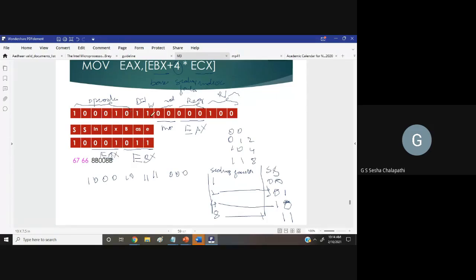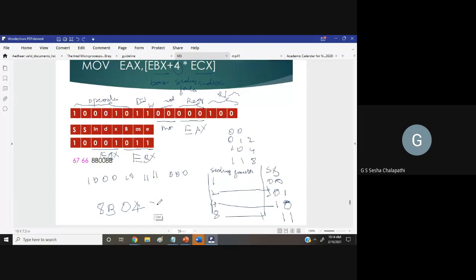Yes, it should be 4. 1 0 0 0 is 8, this is B, 0 0, then 0 1 0 0, which is 4. So the answer will be 8B, then 04.